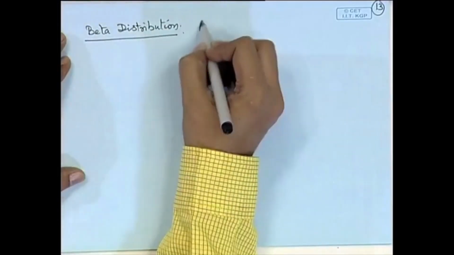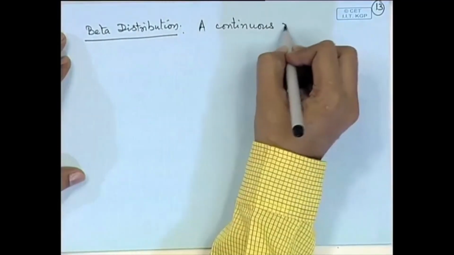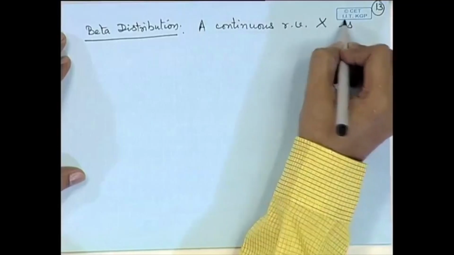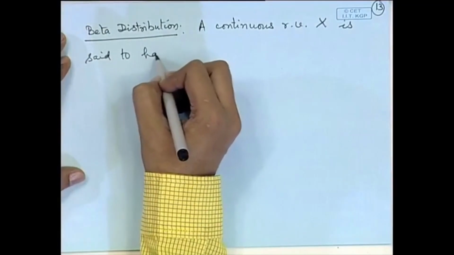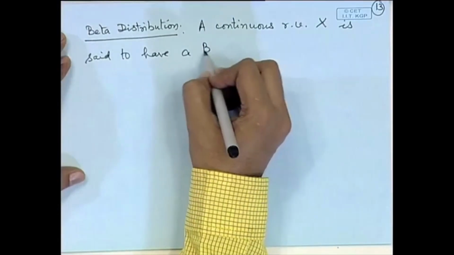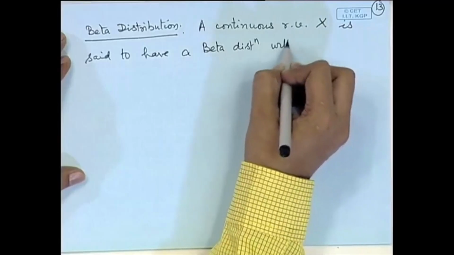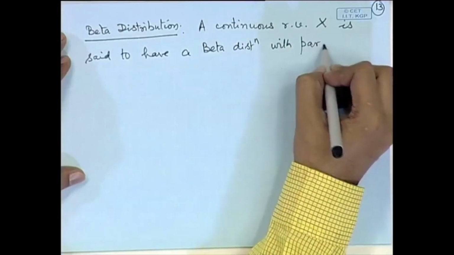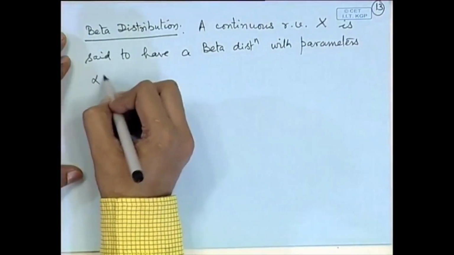A continuous random variable X is said to have a beta distribution with parameters alpha and beta